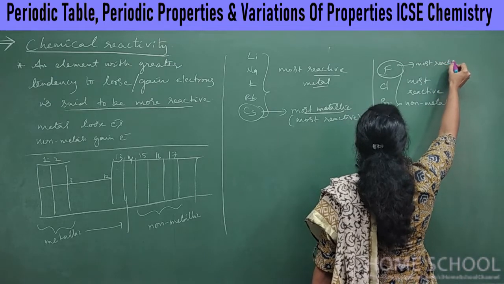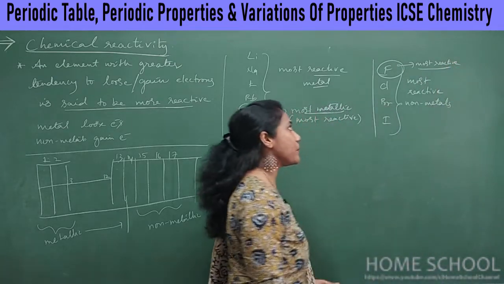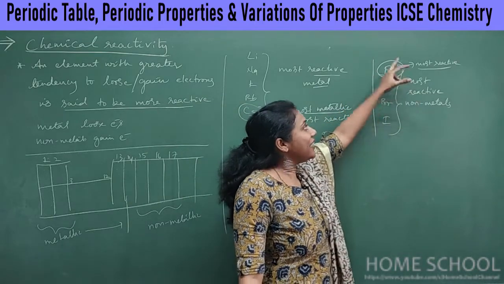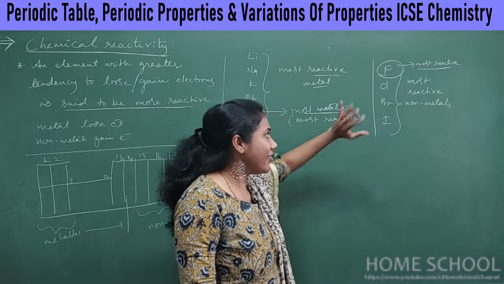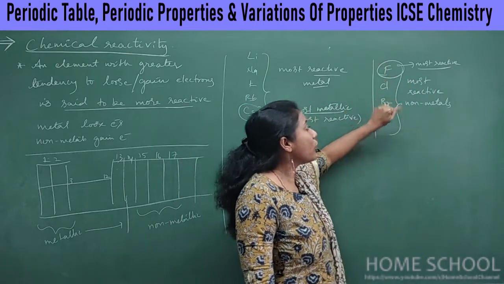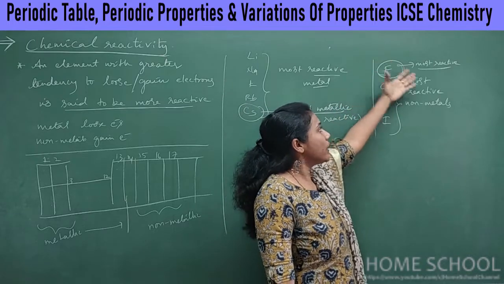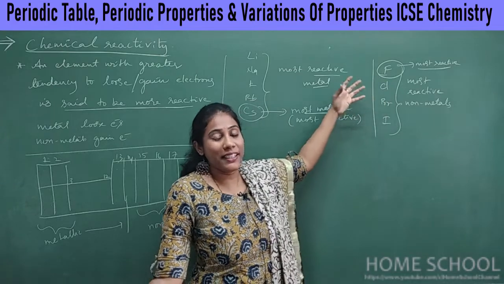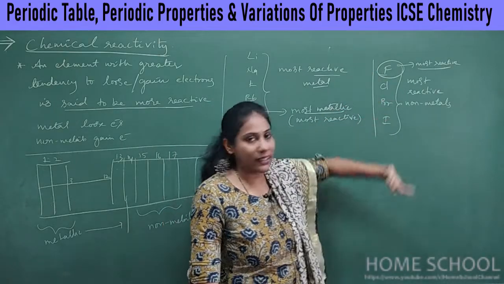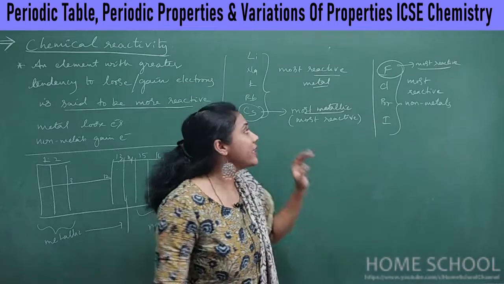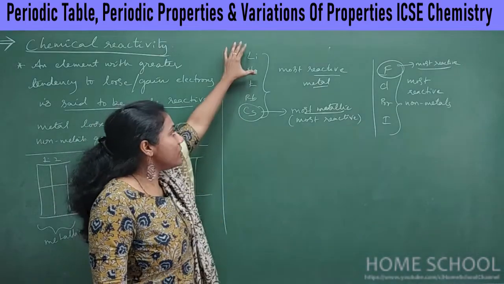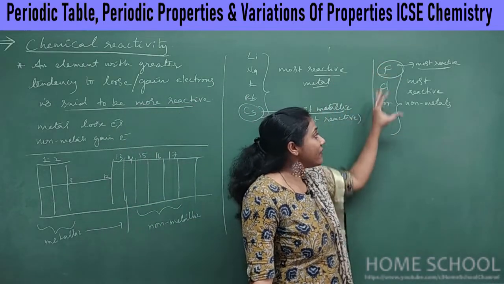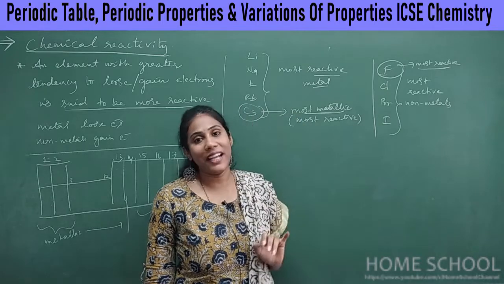Okay, I can, to some extent, based on the size, say the fluorine is most reactive, but there are various other factors that can decide the chemical reactivity, right? So based on the size and based on the concept, now I can say that fluorine is most reactive, but in some cases, chlorine can be more reactive, right? In few situations, it depends on various factors again. So just the point that you need to understand is, among all the metals, first group elements are more reactive. Among all the non-metals, the 17th group elements are more reactive, right?